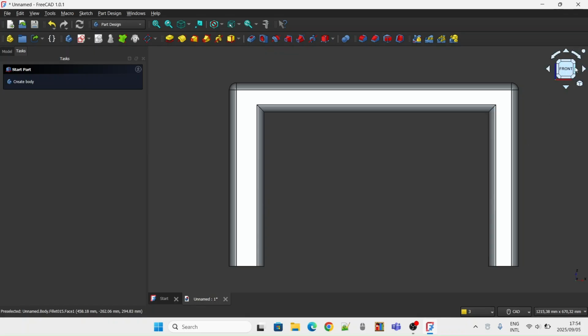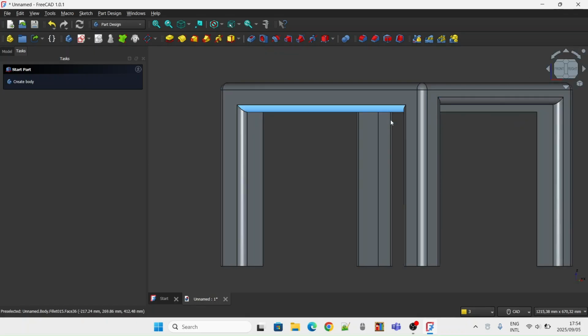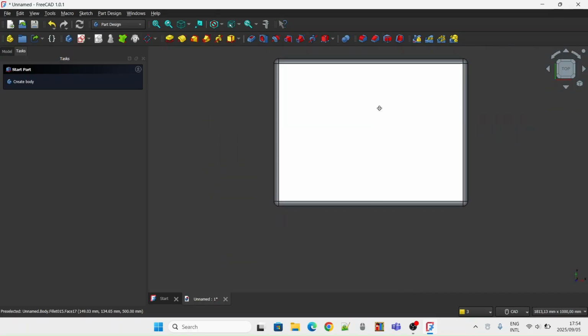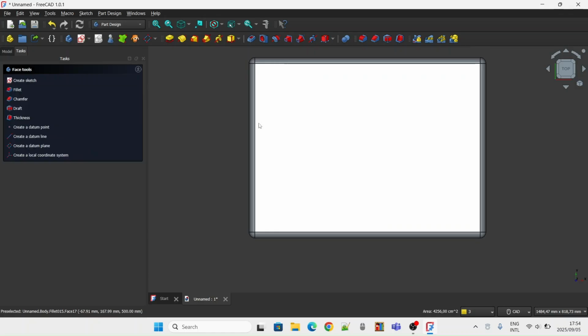There we go. All of them are now properly filleted,